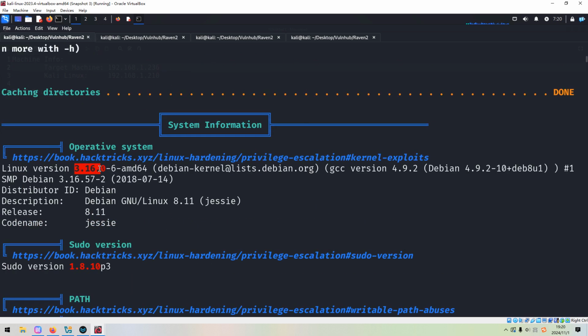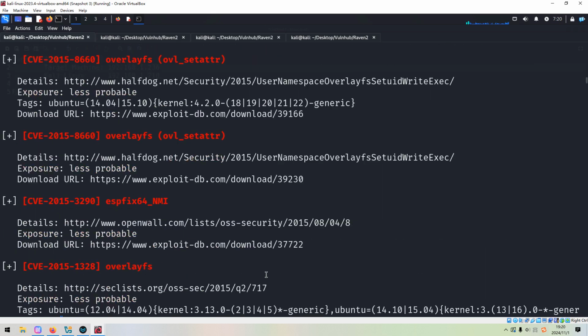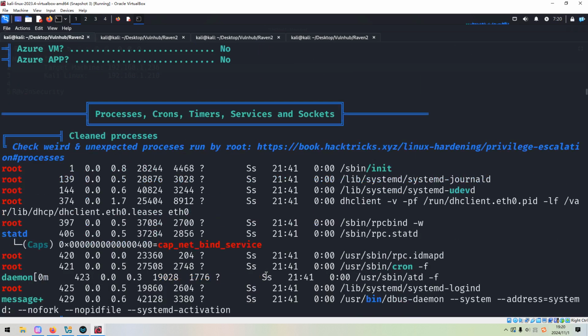Very old kernel. So let's go back to check information again.